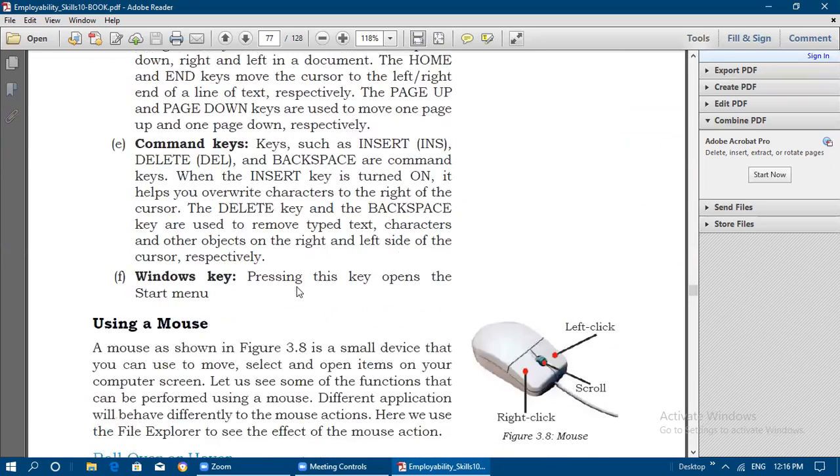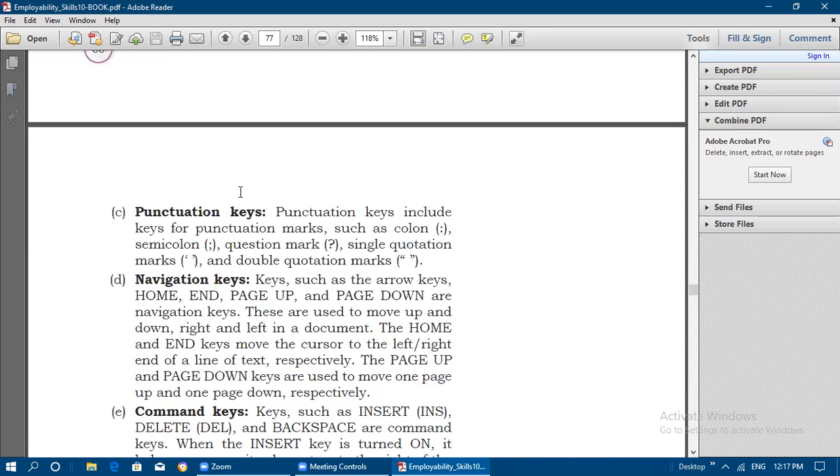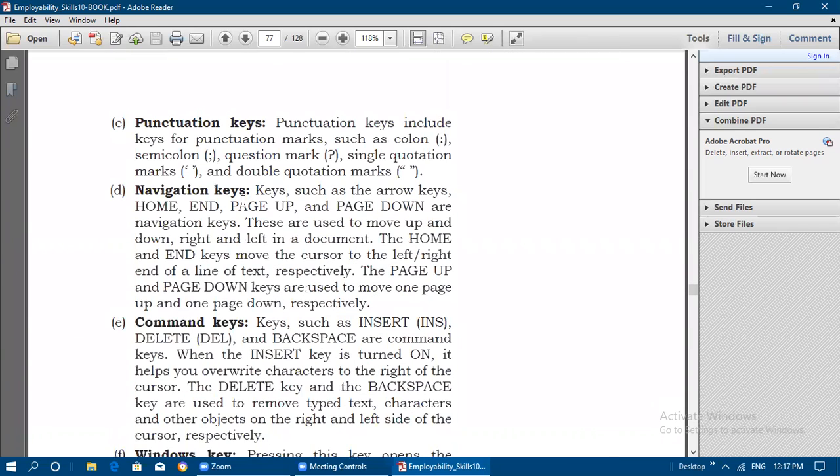Next is command keys. Keys such as insert, delete, and backspace are command keys. What are these keys used for? When the insert key is turned on, it helps you to overwrite the characters to the right of the cursor. So whatever letters you have on the right side of the cursor will get erased whenever you are typing in new characters.